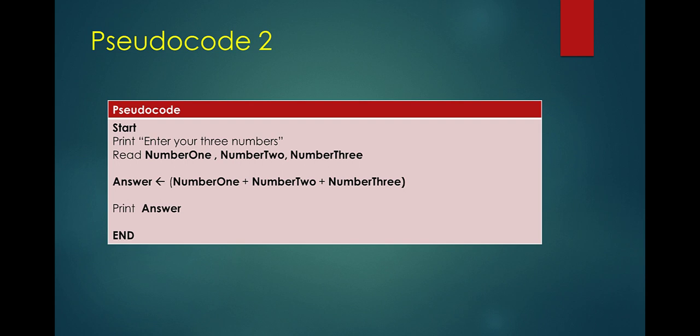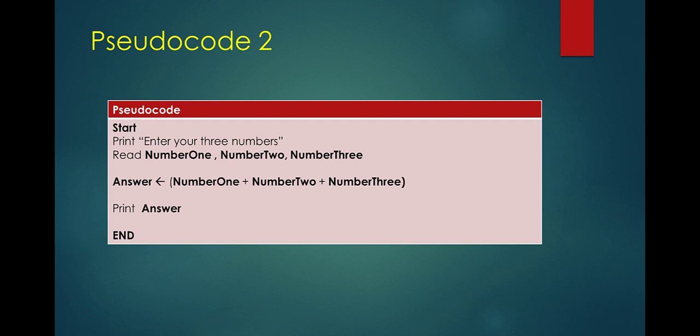All right, so let's look at our pseudocodes here. Pseudocode 2, we have start, we have print, so basically instructing the user to enter 3 numbers. So we see the instructions here, enter your 3 numbers. And then for read, we are actually accepting the 3 variables in memory in one line. So we have read number 1, number 2, and number 3, right? So we have number 1, number 2, number 3 being placed into the computer's memory in one line instead of having it done in 3 lines. So that's a different way of writing the same problem,